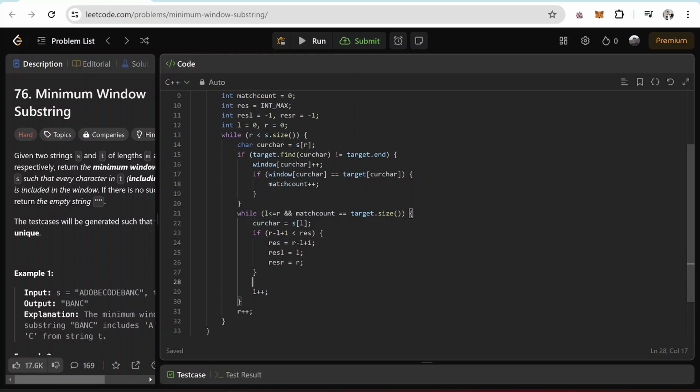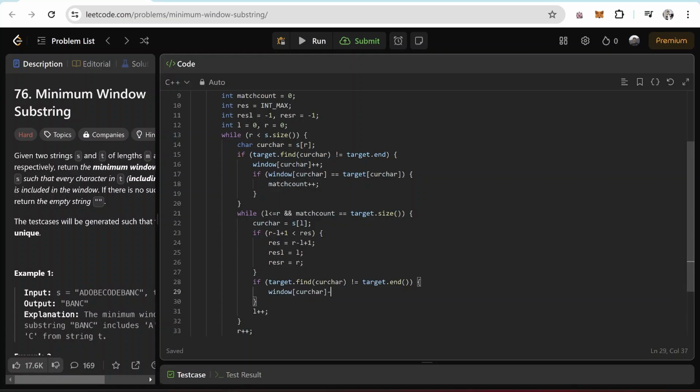And before I'm increasing the left pointer, I also want to reduce the frequency from the window hash map. So what I'll do is, if the target has that value, so target.find curchar, if the target hash map has that character, then I'll decrease it in the window.